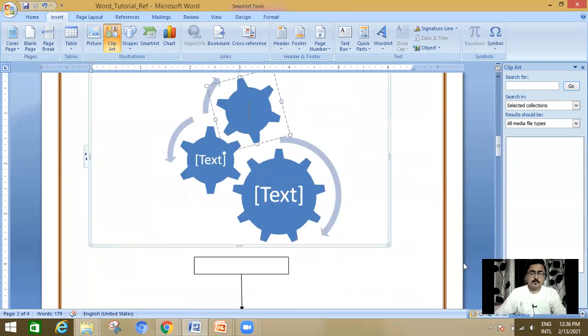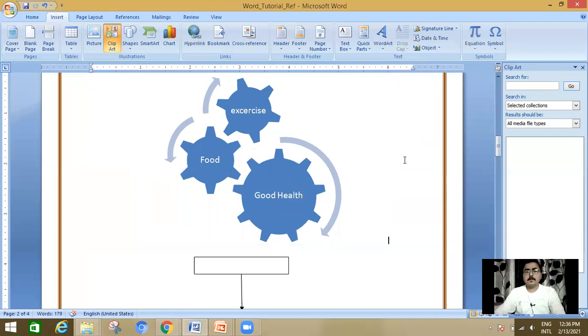For example, I have taken exercise, food, good health. Okay, you can depict any pictorial representation as per your need.